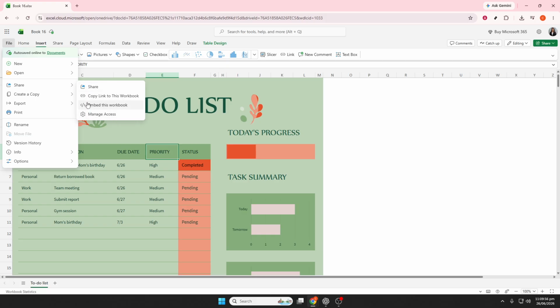Review the print preview carefully and adjust settings like orientation, margins, or scaling if needed. When everything